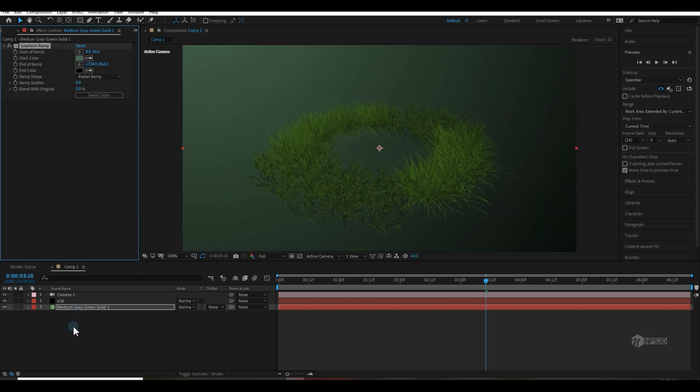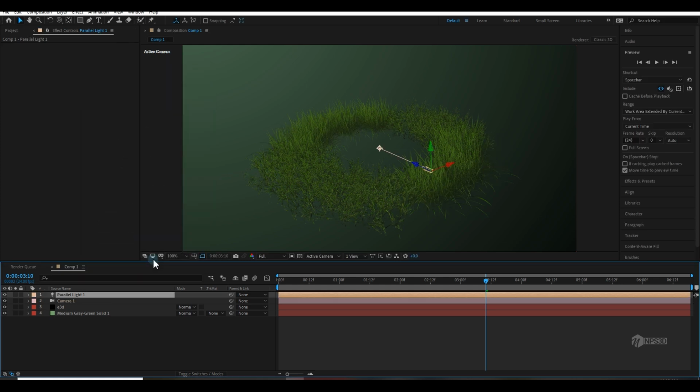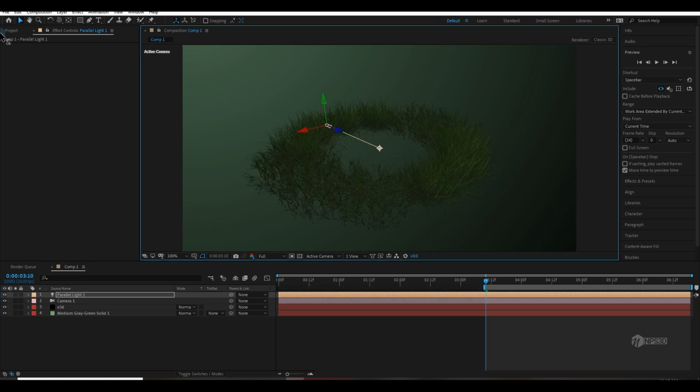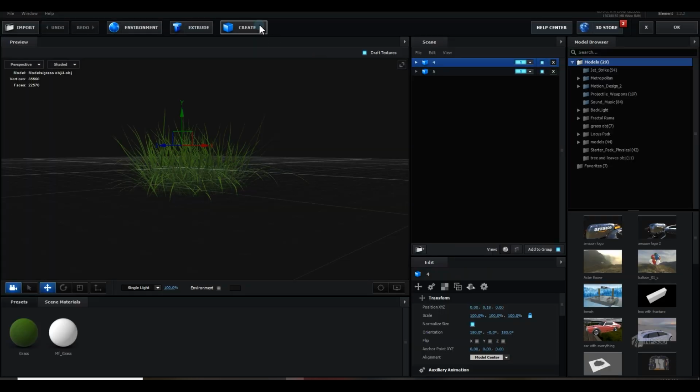So then I will add a new light, parallel light, and maybe I will add 100%. And I use spotlight, which I love more, but this one I am going to use the parallel light. Hit OK. Make sure the cast shadow is enabled, and let me change the direction of my light. Pretty good for now. Let's go to Element 3D scene setup and create a new solid.